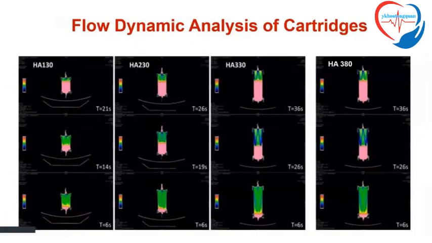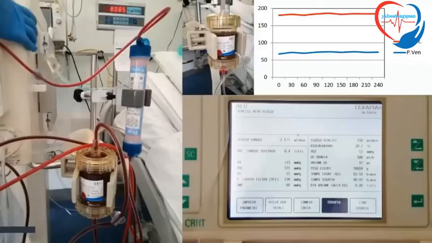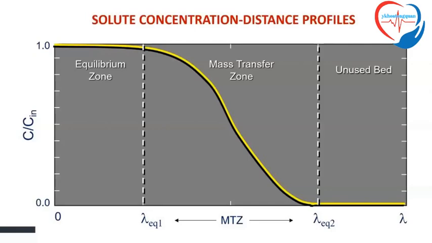And this was done for different cartridges with different priming volumes. Again, maximum homogeneity of the distribution of flow. And this ensures, of course, a smooth carrying over of a session during dialysis with the stable pressure drop inside